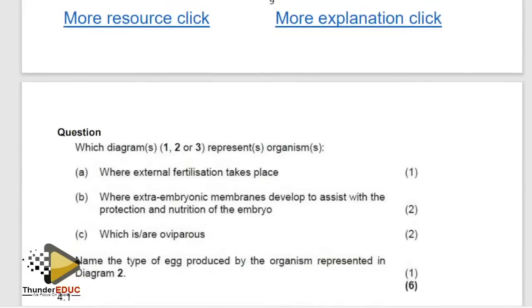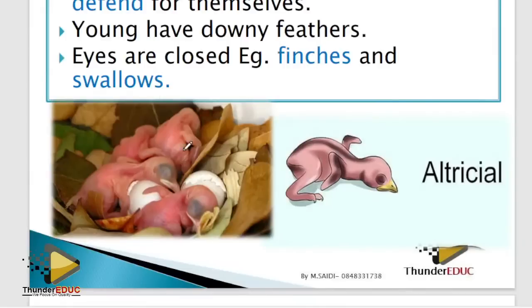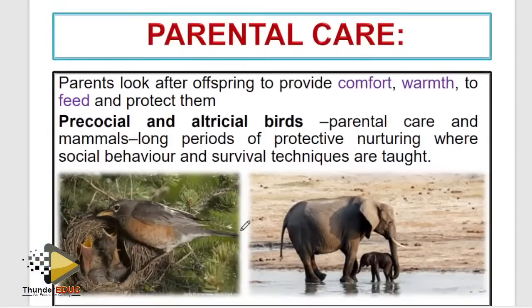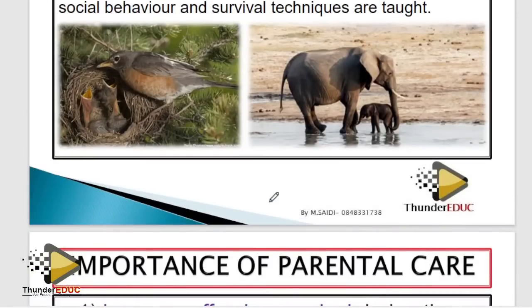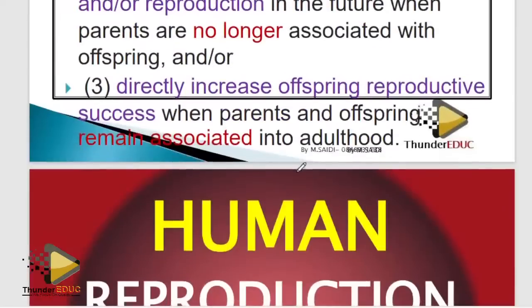So that is the topic: parental care. Why do we need parental care? Basically, when we talk about parental care, it is to bring about protection of these organisms so that they can reach maturity. So you prevent them from being attacked by predators. That's parental care. I'm not teaching, I'm just trying to do the highlights. So that topic is done.